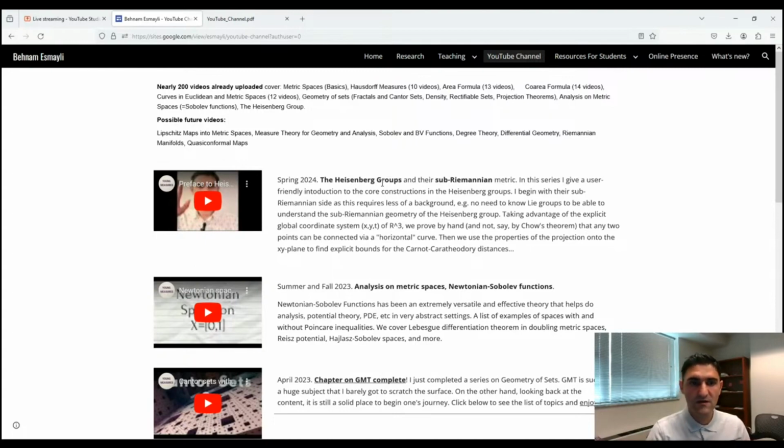And preparing these notes, I came up with the idea that we can actually study the sub-Riemannian structure of the Heisenberg group before talking about its group structure at all. So it's just R^3 with a certain way of defining a metric. And then I have been trying to deduce lots of properties of that distance and metric, while avoiding the group multiplication per se. And I think in the next one or two videos, we will be done with the complete construction of the metric, talk about its geodesics.